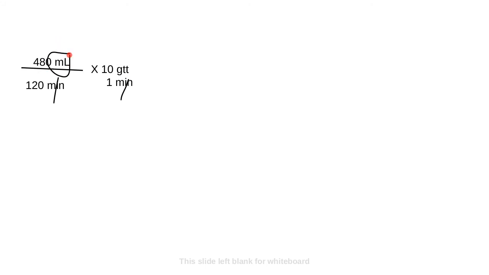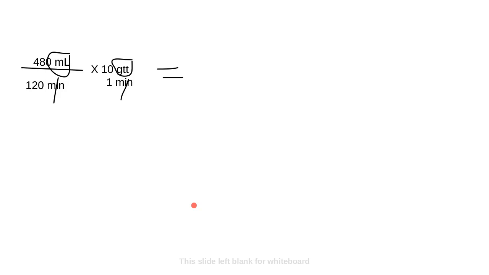And I am left with a milliliter and a GTT. And if I do the math, 480 ml divided by 120 is equal to 4. So if you need to rewrite the equation on your paper because you need it to look clean and you need to know what you have, you could do 4 ml